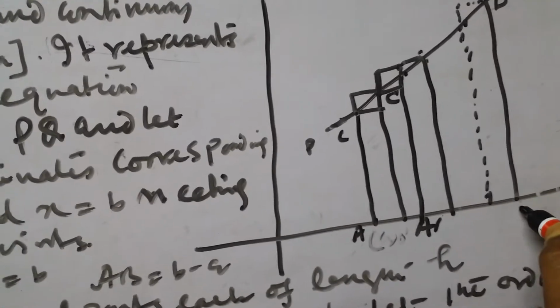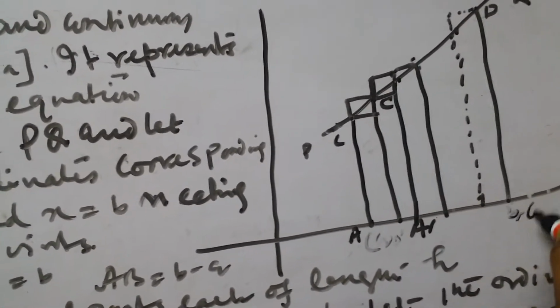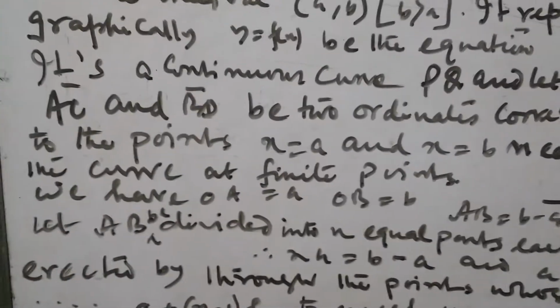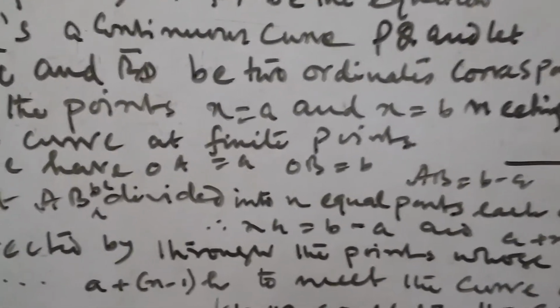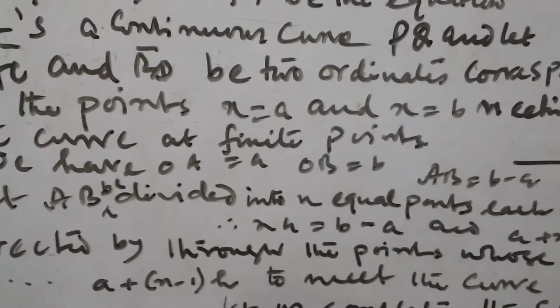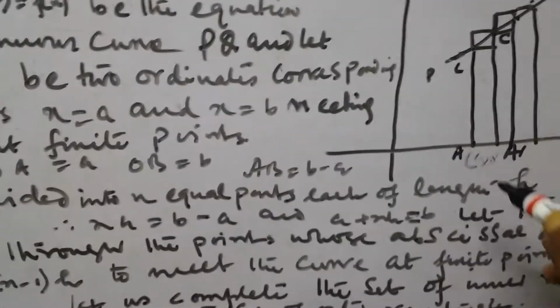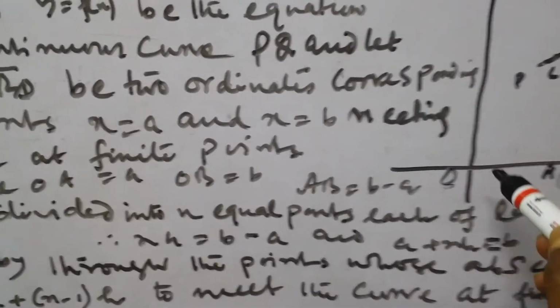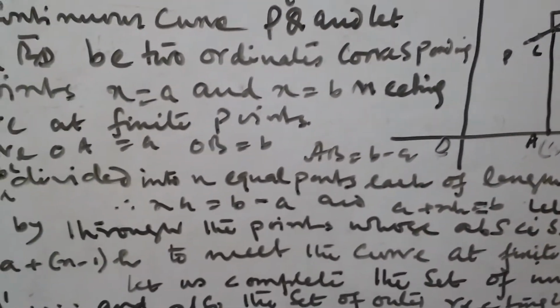So the curve is finite. We have OA equal to a, and OB is equal to b,